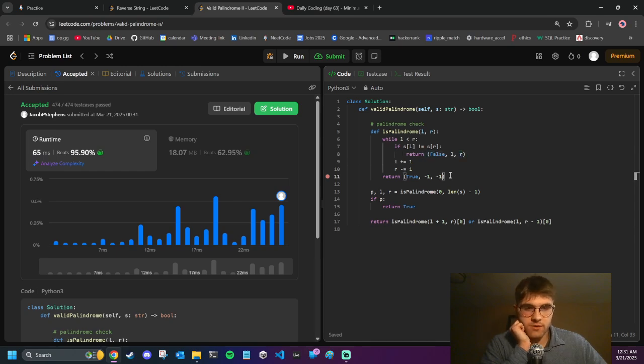It's kind of super janky, but the reason I'm thinking about it like this is because this tells us where it failed, and then we can use that to know where to skip. But the tuple stuff is a little janky because then we have to do these zero indexing. And then this -1 doesn't make any sense